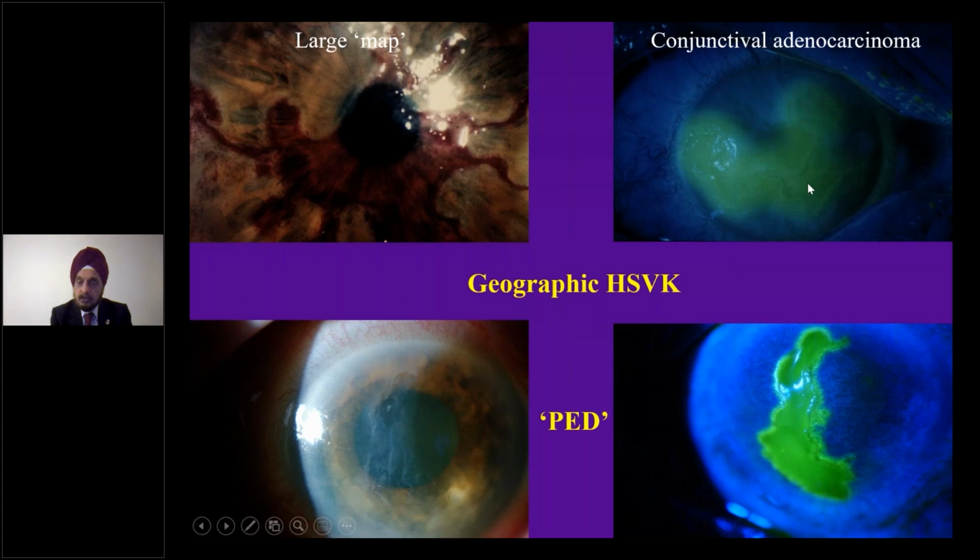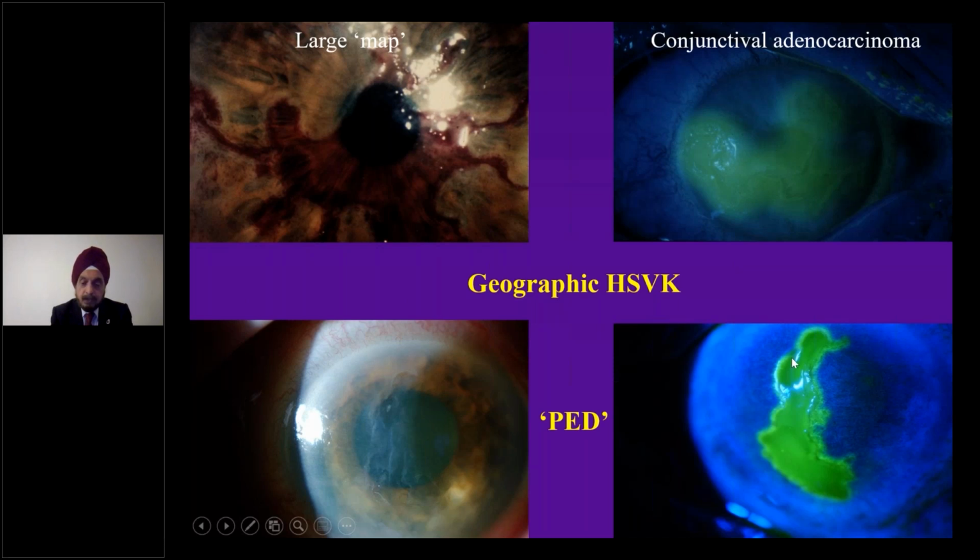expansions. If you put fluorescein and don't look at it straight away, a lot of fluorescein will seep under the cells, telling you that the attachment of the cells surrounding the dendrite is loose. That allows the fluorescein to seep underneath, but you can still pick up the diagnosis. And this was in a patient with conjunctival adenocarcinoma. So even loss of local immunity can lead to the steroid effect, a very rampant spread of the infection of